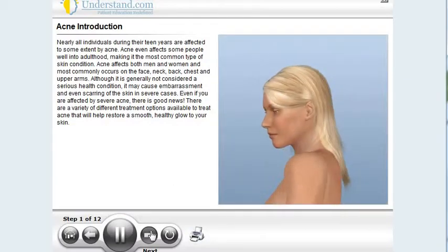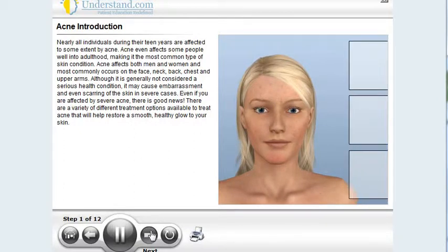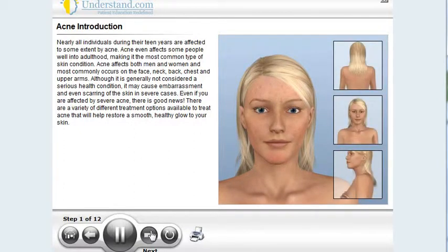Nearly all individuals during their teen years are affected to some extent by acne. Acne even affects some people well into adulthood, making it the most common type of skin condition. Acne affects both men and women and most commonly occurs on the face, neck, back, chest, and upper arms. Although it is generally not considered a serious health condition, it may cause embarrassment and even scarring of the skin